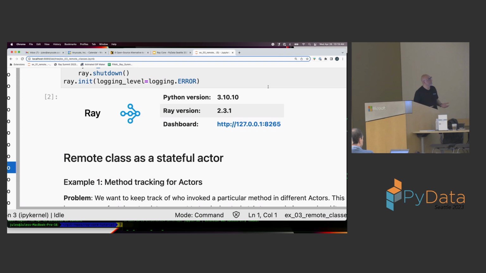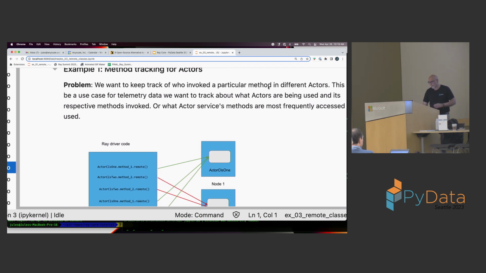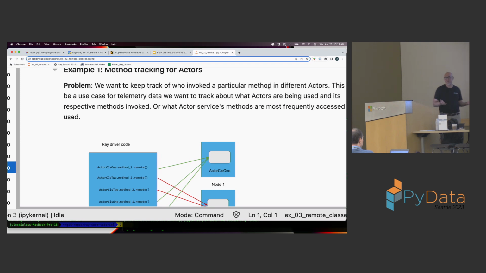So what's the first problem that we might want to do with Ray actors? This is a good use case. Let's say you're doing telemetry, right? You create a particular package and you want to find out who's actually using that package. This is a very common problem when you want to do telemetry. When you release a new open source code and you want to find out how people are using it, what libraries are using it, this is a good way to find out what methods are being used